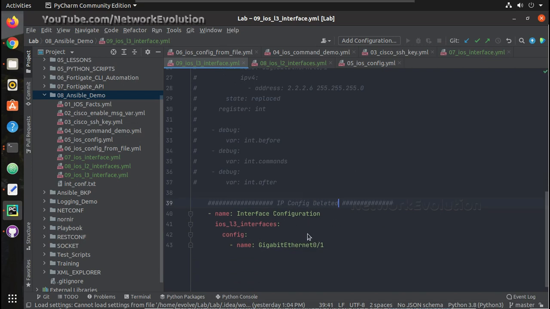We'll call that deleted, and what we can do is add multiple interfaces here. We'll try deleting the 0/1 and 0/2 interface configurations.